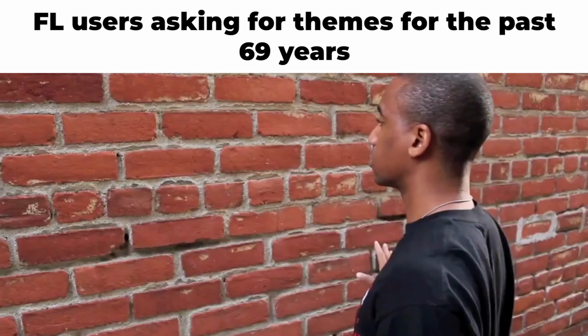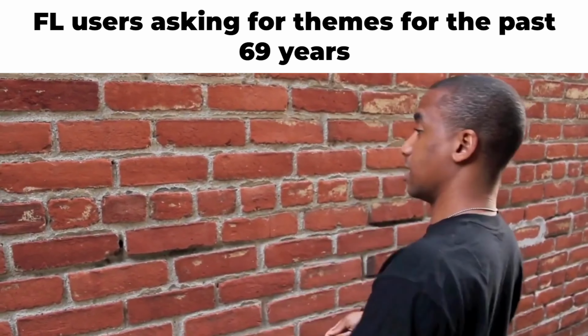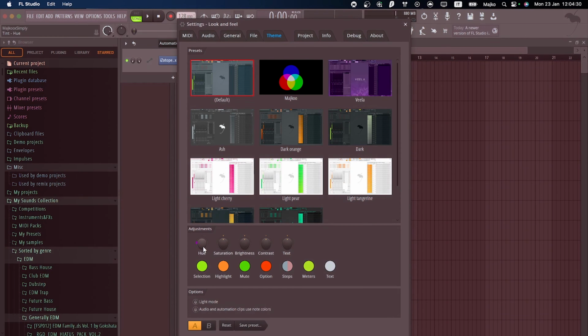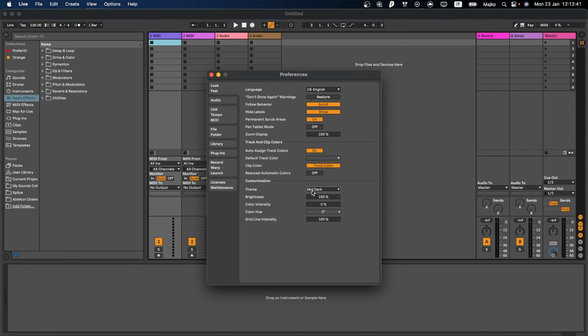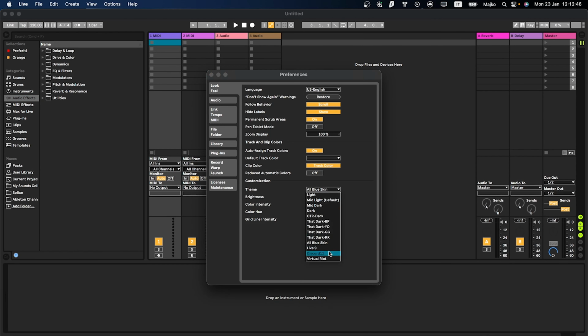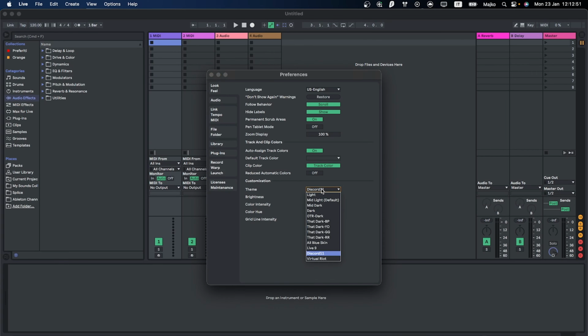When it comes to customization, in FL Studio 21 we finally got themes after asking for years. Honestly, ImageLine have listened, and that is great. So you have the theme menu where you can make your own themes. I'm personally using this dark-ish purple theme, which I made myself. In Ableton, you can have over 20,000 custom themes downloadable from Live Themes. I'm using this dark theme, which happens to be stock, but I'm gonna leave the link in the description. You can go and find the one that best suits you.